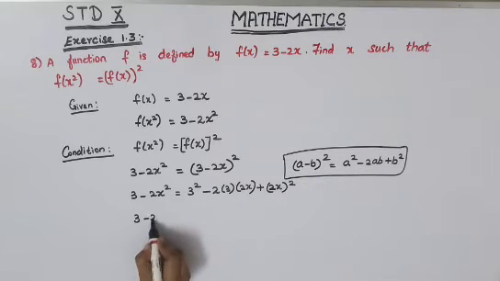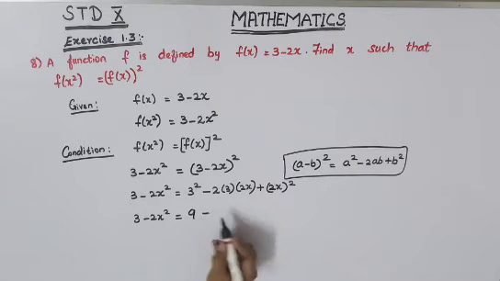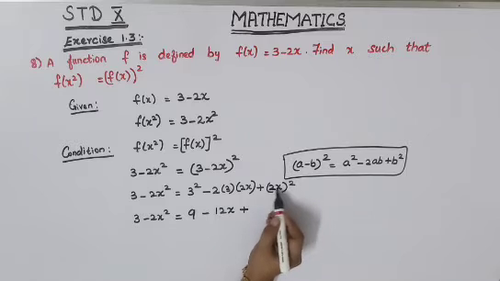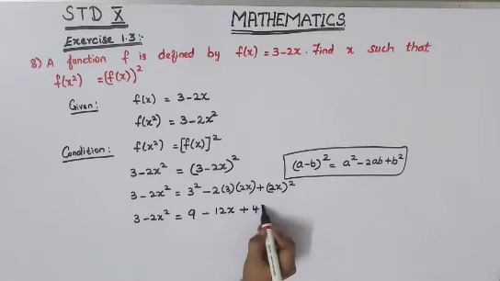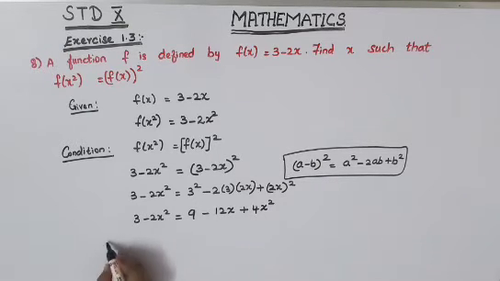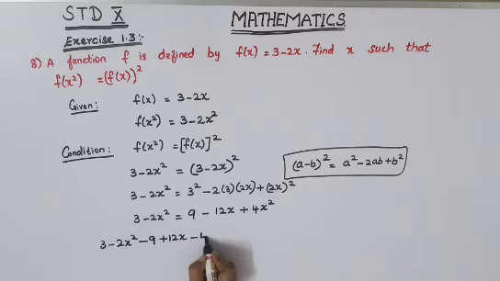So (3 minus 2x) square is equal to 3 square will become 9, minus 2 3s are 6, 6 2s are 12, so 12x, plus this is (2x) the whole square. So 2 square will become 4, x square will become x square. Square is only for x. Now take everything towards your left hand side. So (3 minus 2x) square, this plus 9 if you take it this side it will become minus 9, minus 12x will become plus 12x, then plus 4x square will become minus 4x square, which is equal to 0.